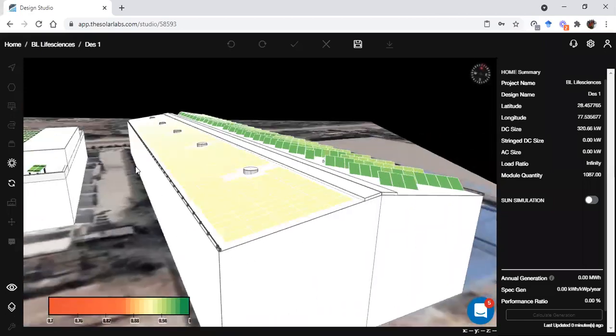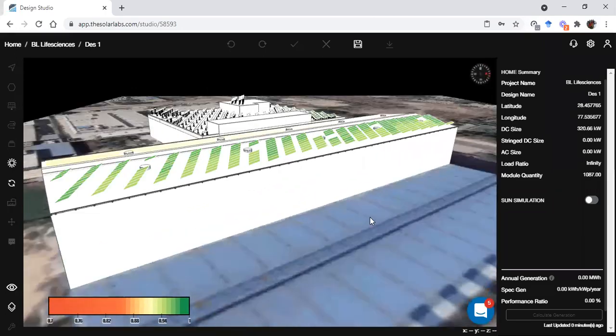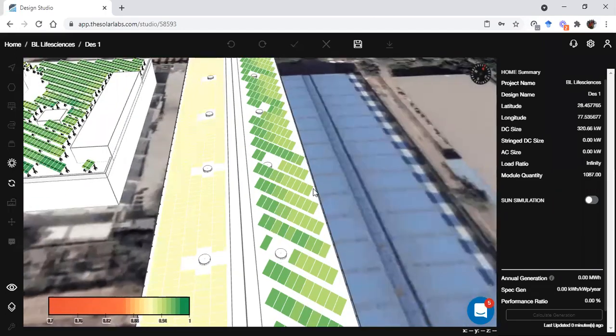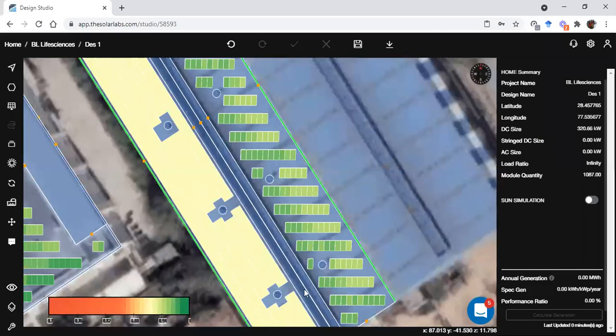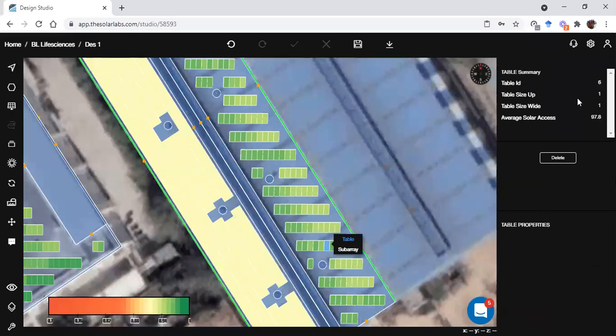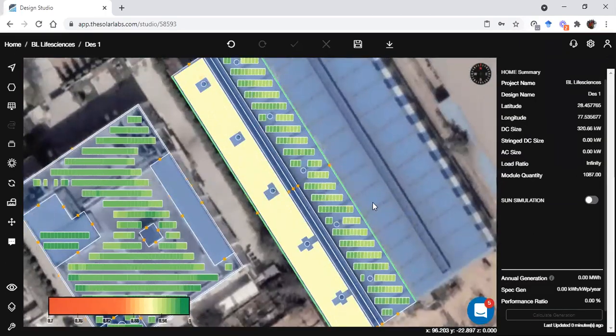Like so for this, because this is a tilted roof, so structure will not show up here. So we can see that now when I reverse tilt the panels on this shed, we can see the difference. Like before these were coming in red color, now they are coming in green or yellow. Before they were in this part where the efficiency is only 0.76 or 76%. But now we can see that it is coming in 97, or the minimum is going till 95. So like this, we can optimize our panels on top of our shed part.